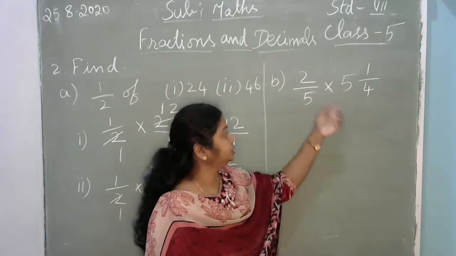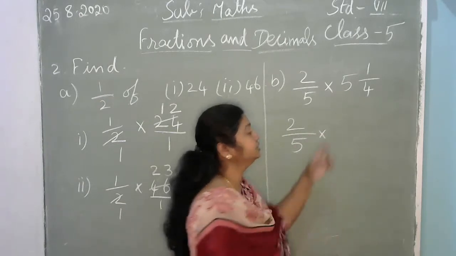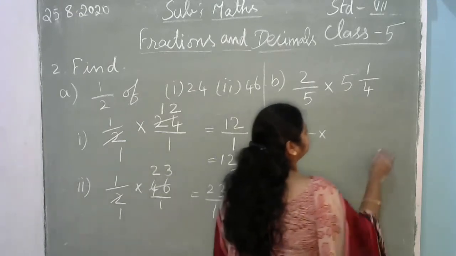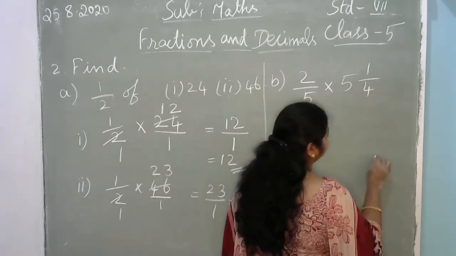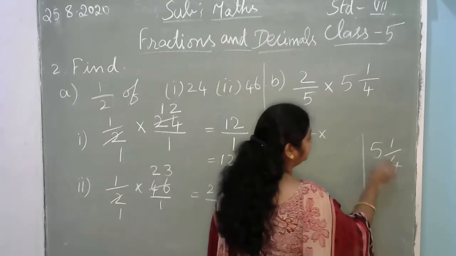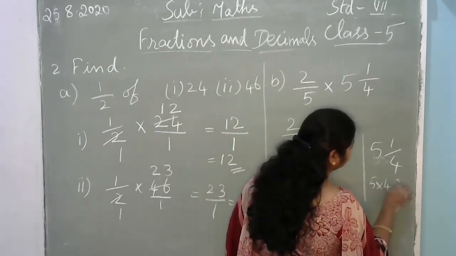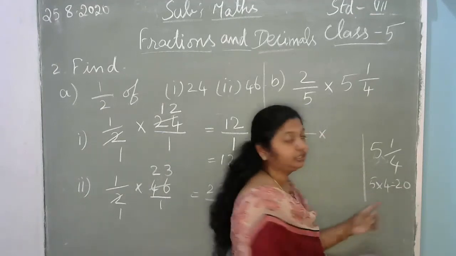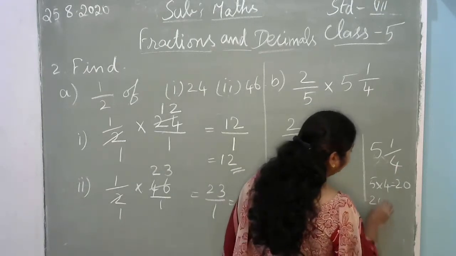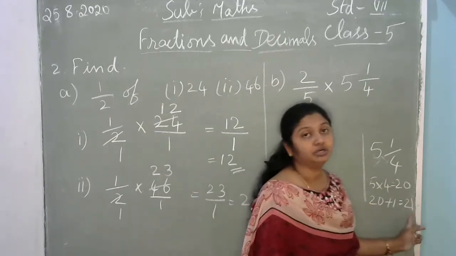So this one is a proper fraction and one more is a mixed fraction. How to multiply these two numbers? See, the proper fraction you have to write like that and the mixed fraction you have to change to improper. How do you change into improper? See here, I will teach you. See, these two numbers you should multiply. See here, 5 and 1 by 4 is there, no? So these two numbers you should multiply. 5 into 4. 5 4s are 20. Okay, and afterwards, 20 you got the answer. With the 20 you have to add the numerator. So 20 plus 1 you will get the answer 21. So 21 is your numerator.